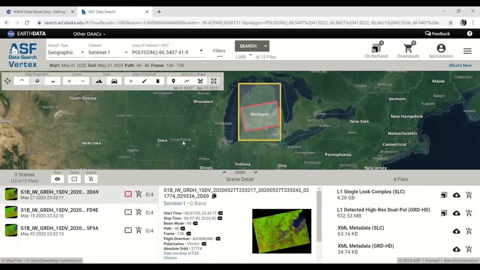Now what I'm about to demonstrate is hot off the presses. It was just released on Tuesday, so you are some of the first people to hear about it in person. You can now submit a job to be processed for radiometric terrain correction directly from this interface. Once you've found a granule you're interested in, you simply use the Add to On-Demand Queue button to request processing